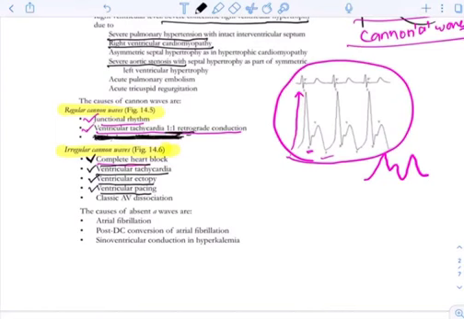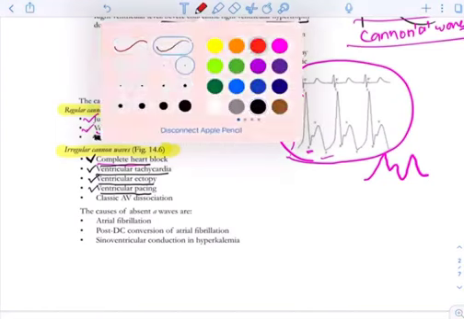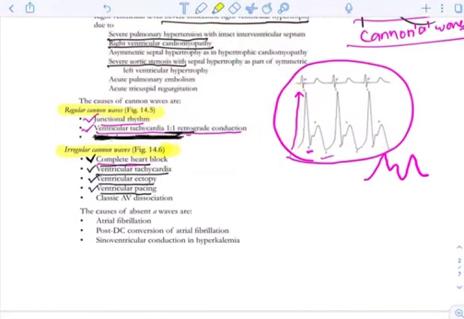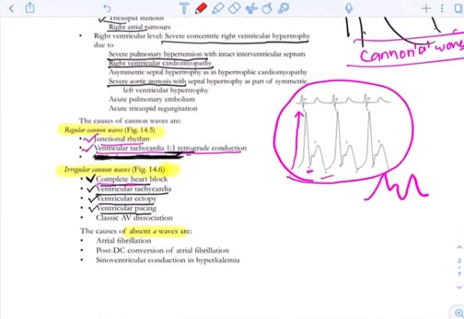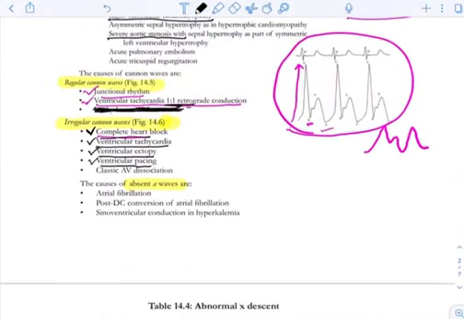Now, in conditions where the atria doesn't contract at all, there will be an absent A wave, because the A wave is produced by atrial contraction. If the atria does not contract, there will be no A wave. This is seen in atrial fibrillation. As we know, the atria neither contracts nor relaxes during atrial fibrillation. So all students remember that there is an absent A wave in the JVP in atrial fibrillation, but as I have told you, the atria doesn't relax either.